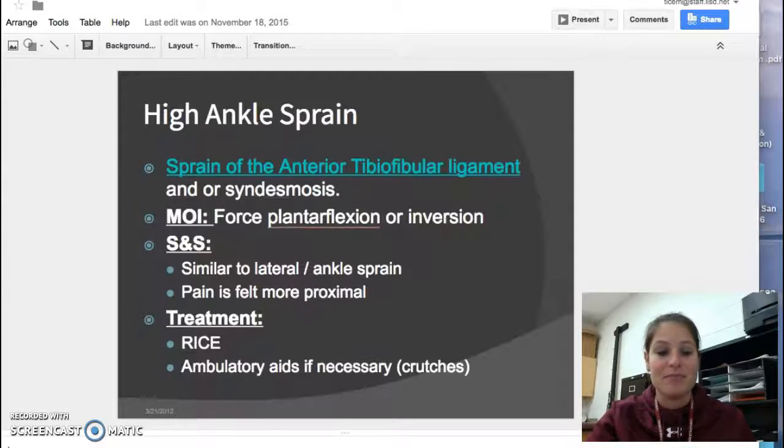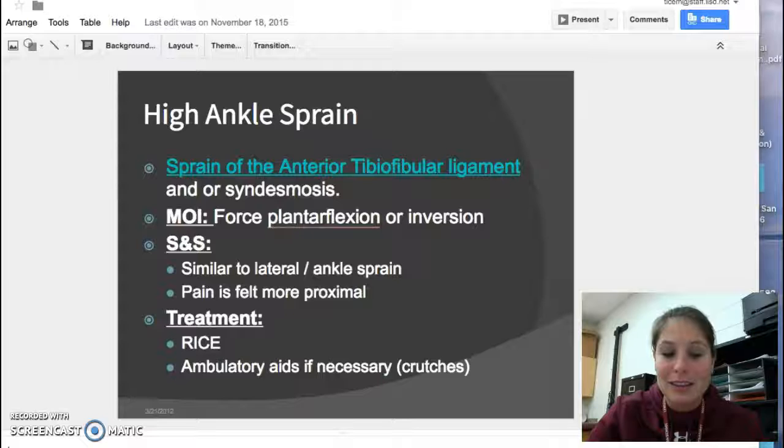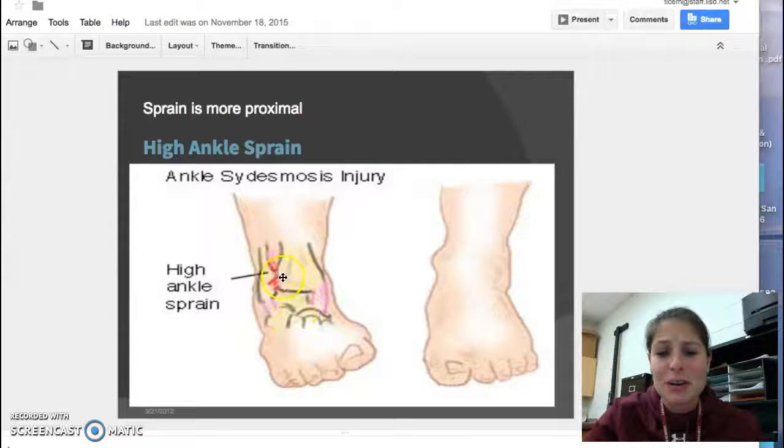Okay. So our next, we have one last one I'm going to get through quickly, is our high ankle sprain. Same thing as our other sprains. We're just dealing more with the tibia and fibula instead